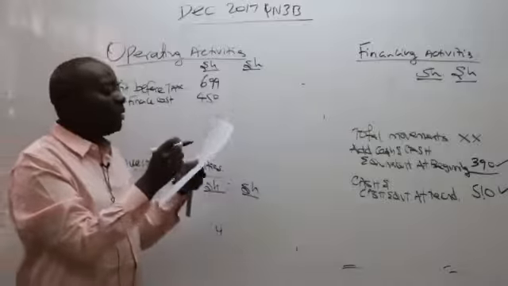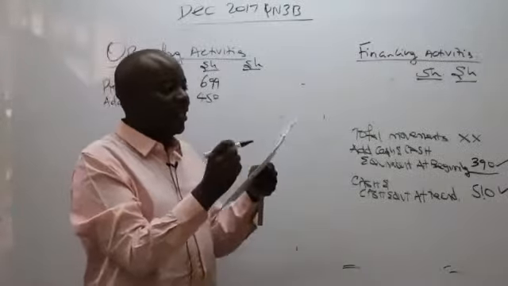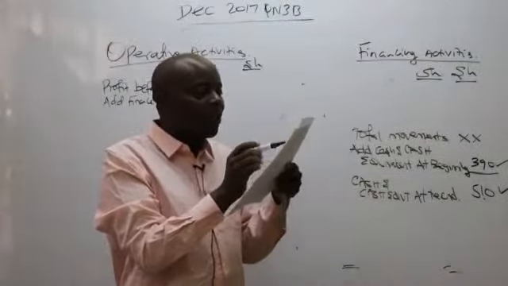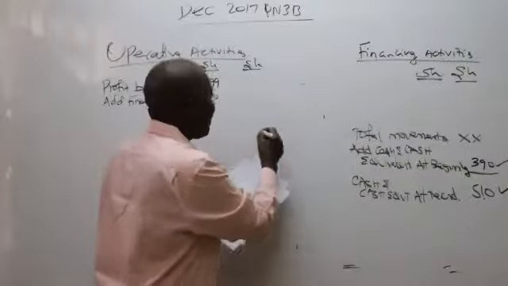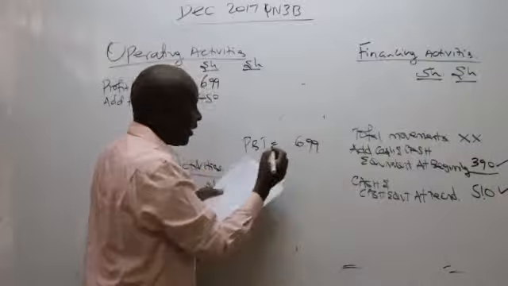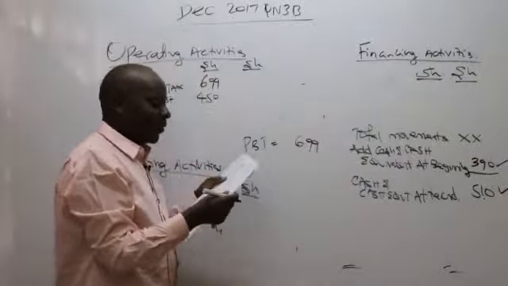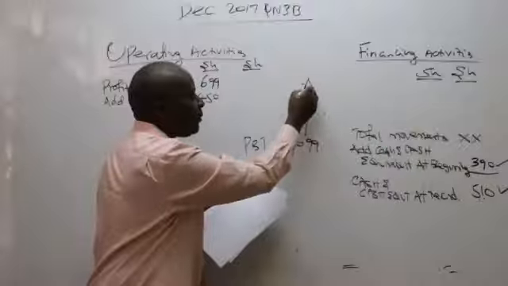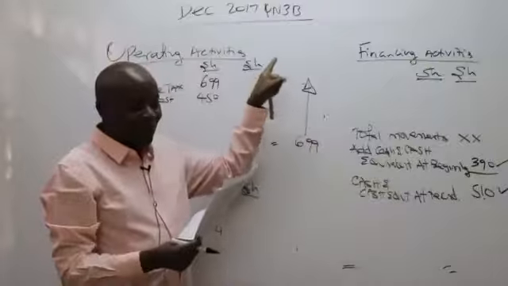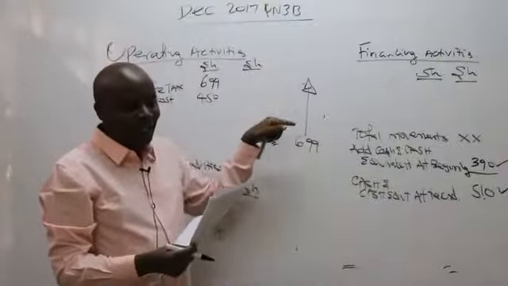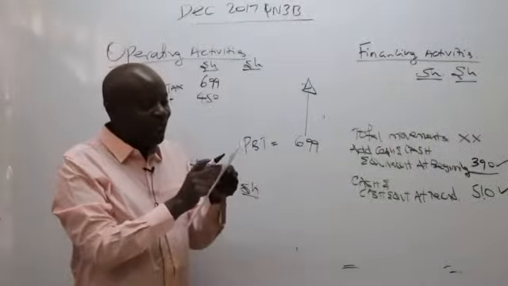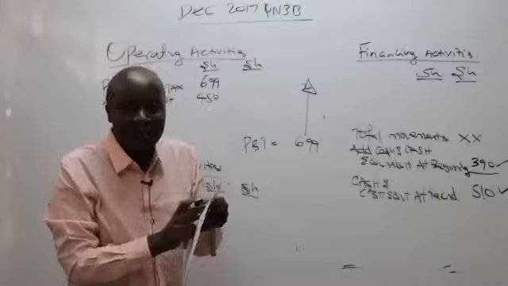Aya, sasa vile mwalimu wangu alinifunza those days nikifanya ma ACCA na ma CPA, aliniambia hapa kwa profit before tax, tumepatiwa figure ya 699. Ukiangalia profit, wamekupatia profit before tax. Wamekuambia ni 699. Great. So kwenda juu kuna adjustments ambao tunafaa tufanye. So unaangalia hizo figures kwenda juu. There are adjustments in this case you're supposed to do. The first adjustment nikienda juu pole pole, the first adjustment ni your finance cost,